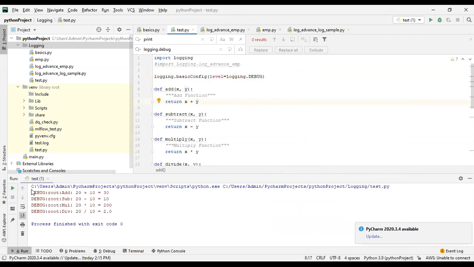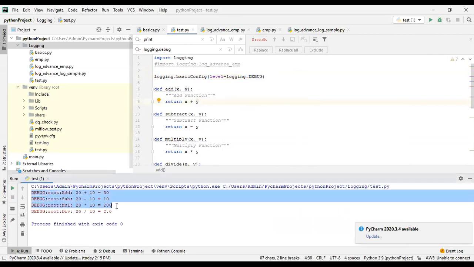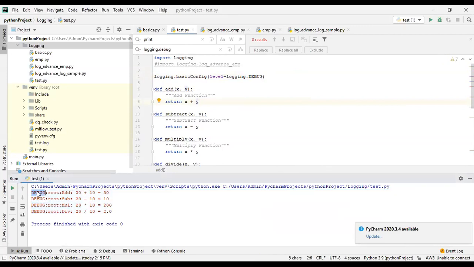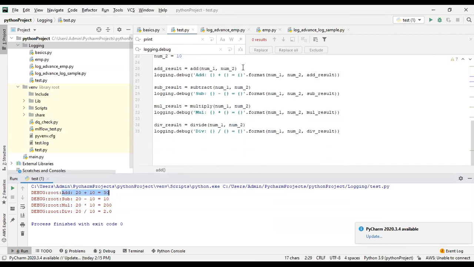You can see how it is printing: first is the level, and by default it is taking the root logger. Root means the logger here. And then the messages you gave in the statements come here.